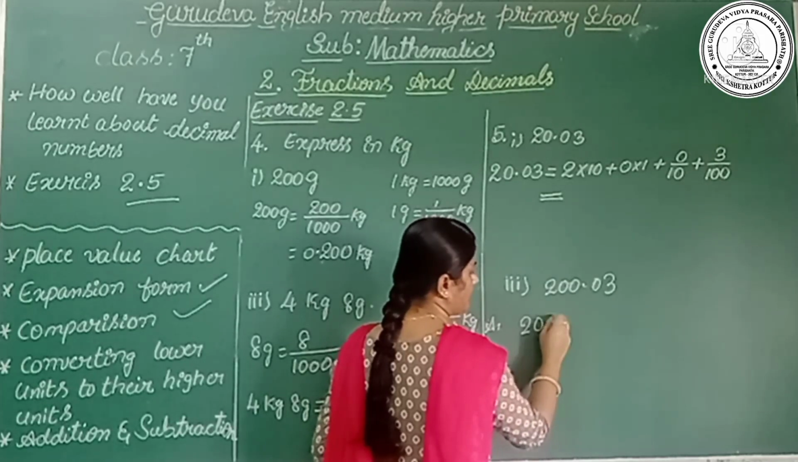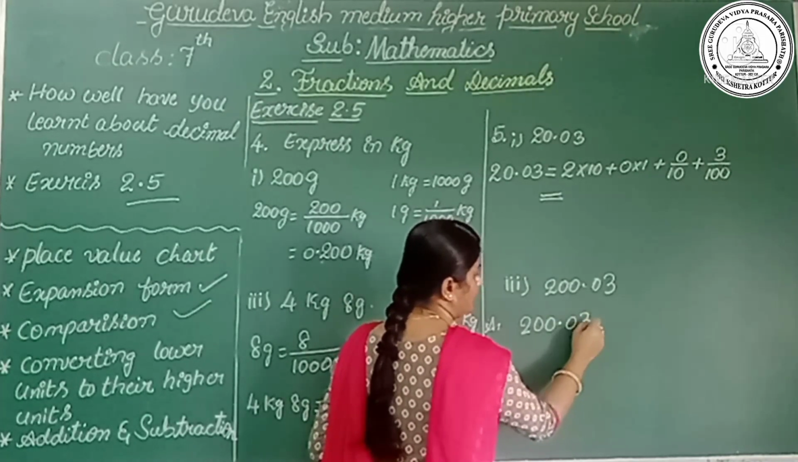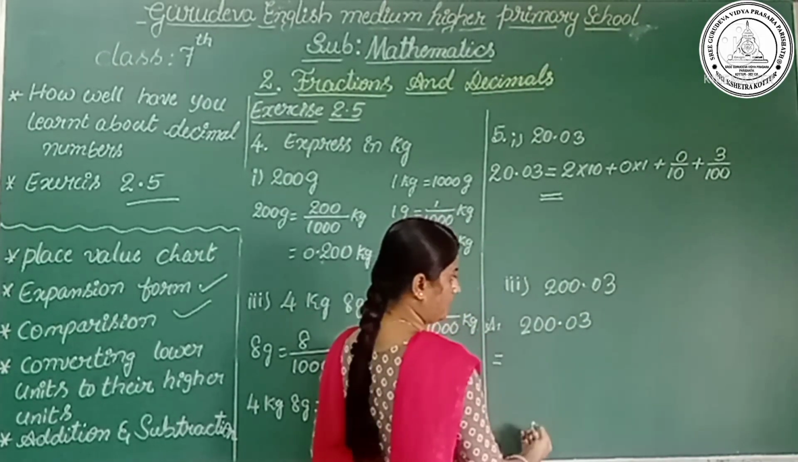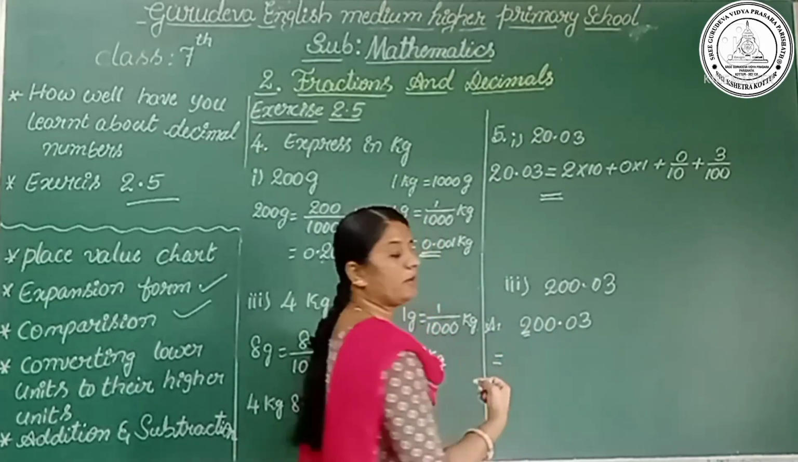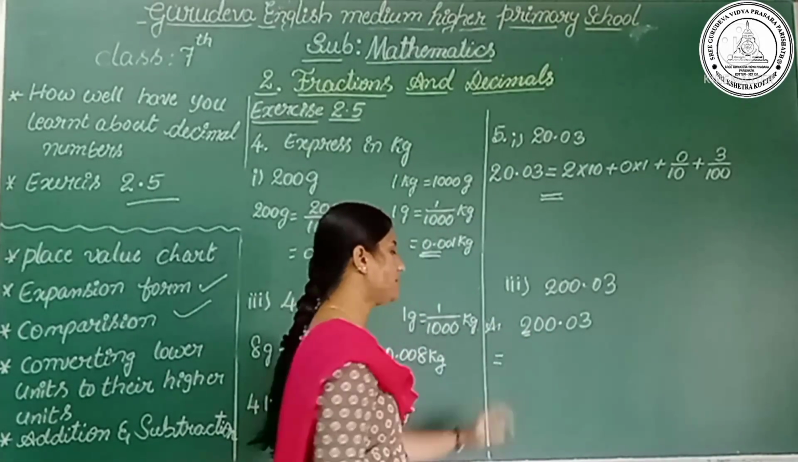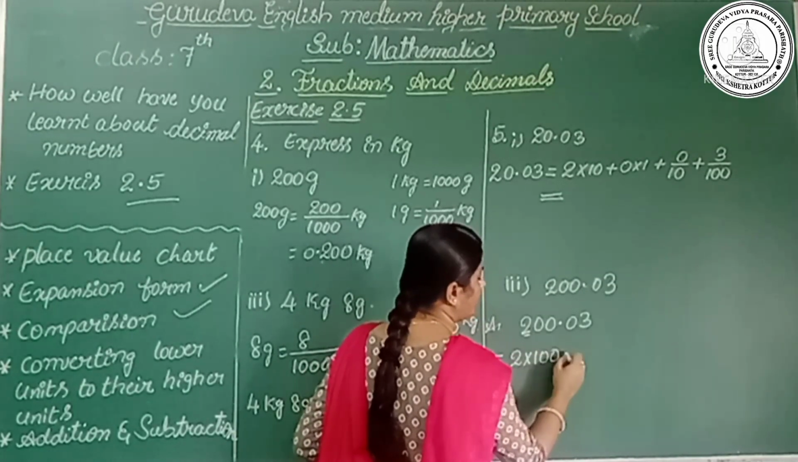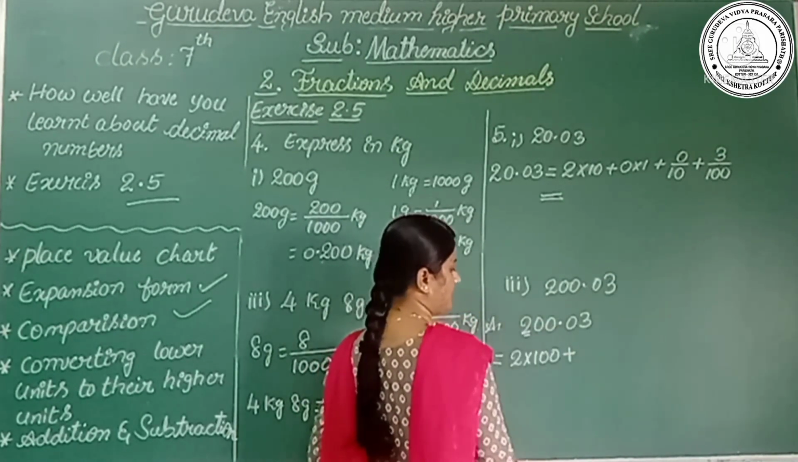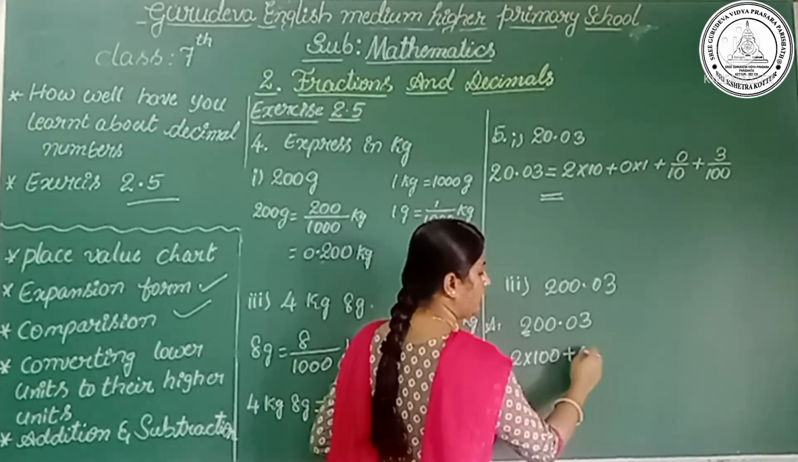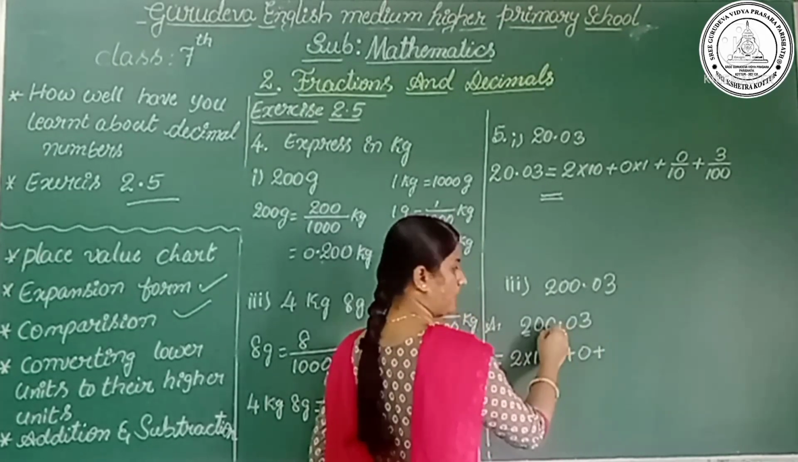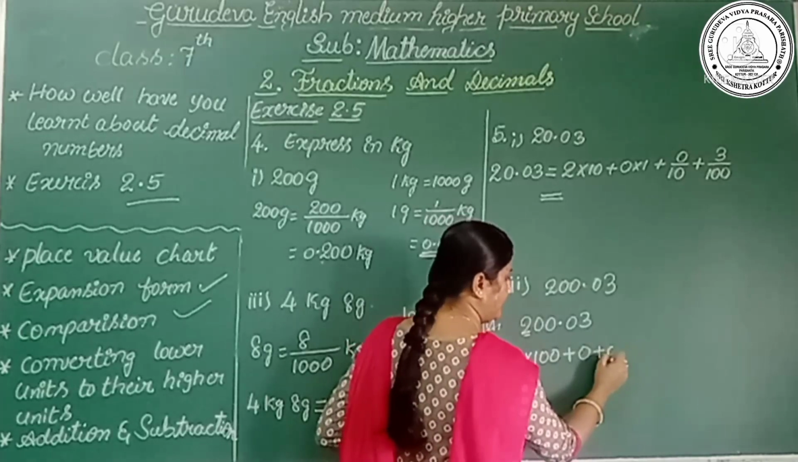Write the given number as it is. 200.03, which is equal to, I will write it downside. In the highest whole part, there is a hundreds place that has 2. So 2 is in the hundreds place, write 2 into 100, plus in the tens place there is a 0, write it as it is 0, plus in the ones place also there is a 0, so write it 0,